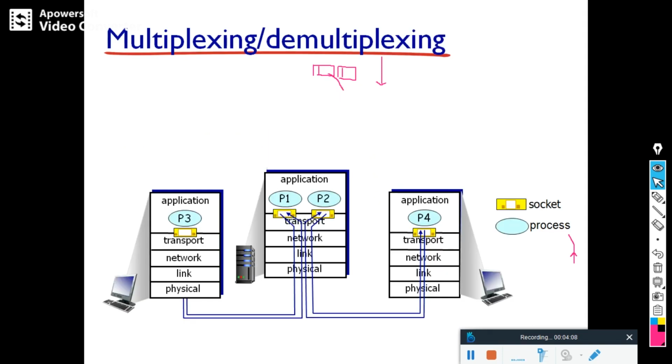Now you can see here three pieces, and in each piece some application or process is running. In the diagram P1 is a process, P2 is a process, P4 is a process running here, and P3 is a process running here. P1 is connected to P3, P2 is connected to P4, P3 is connected to P1, and P4 is connected to P2.